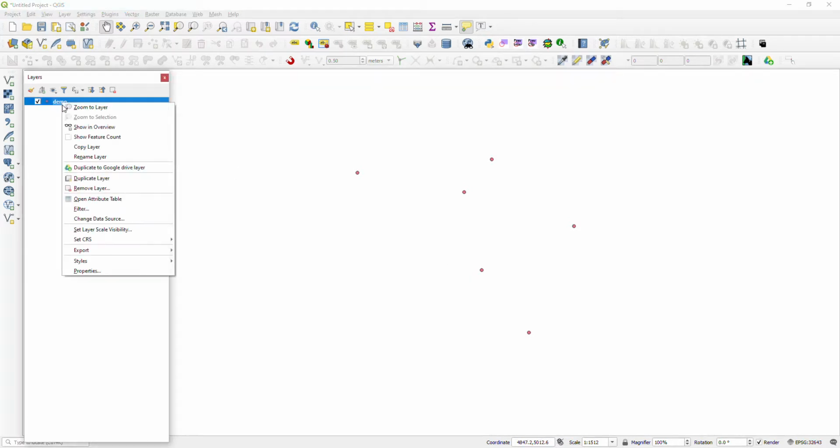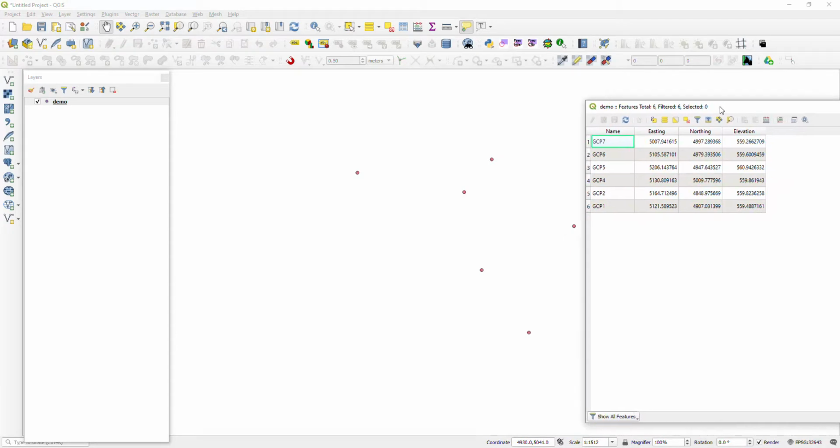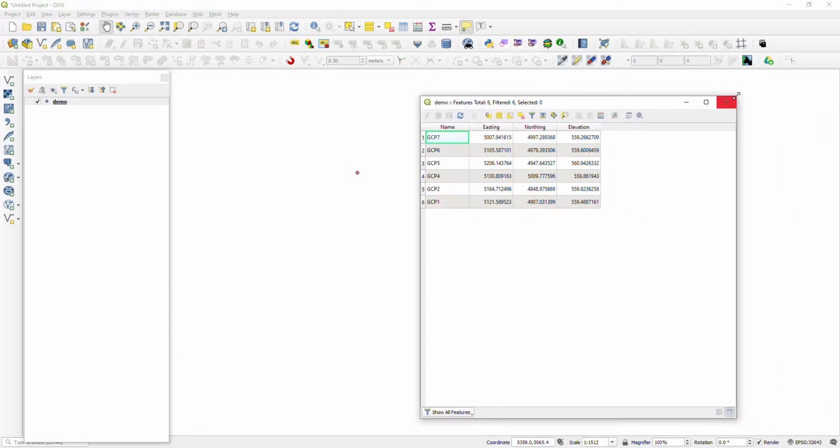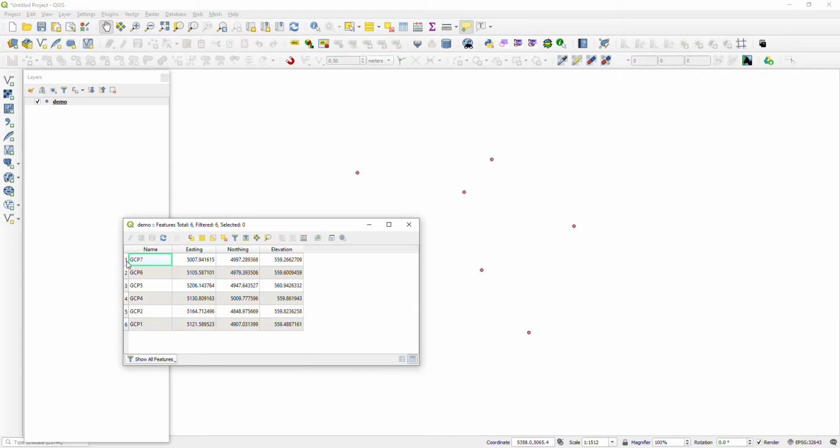If you check the attribute table, you can see what attributes are there. For selecting each attribute, you can see the selection mode of the points. The selected point will appear in yellow color on the window.